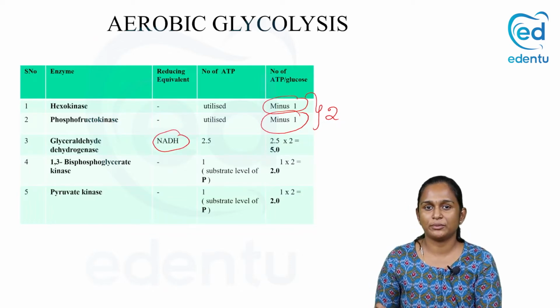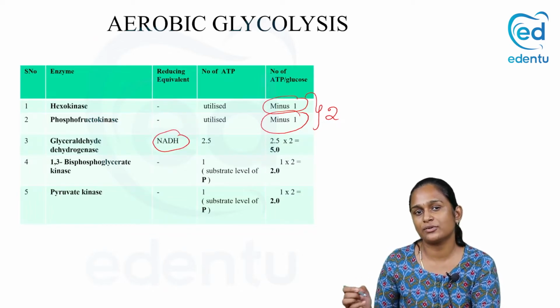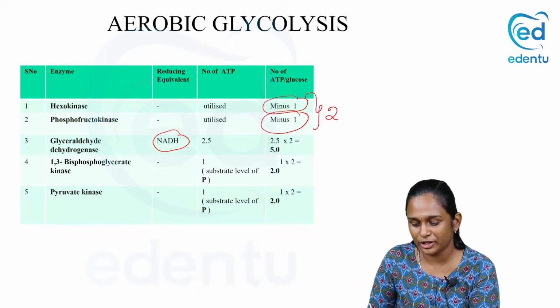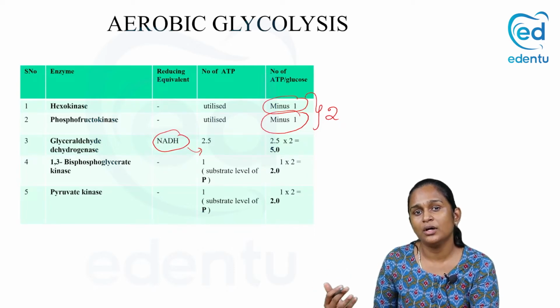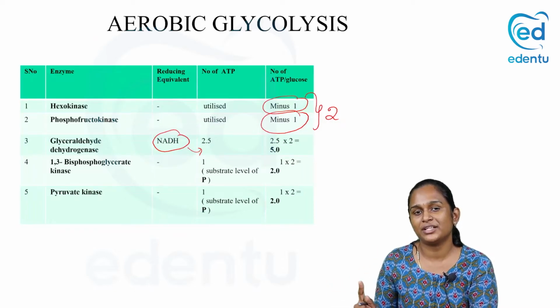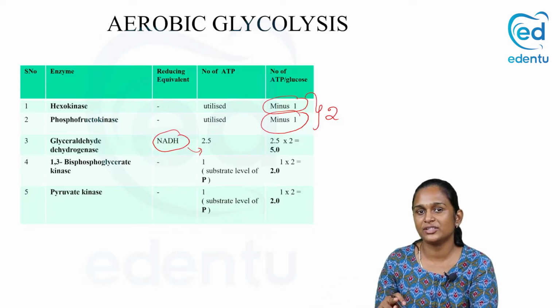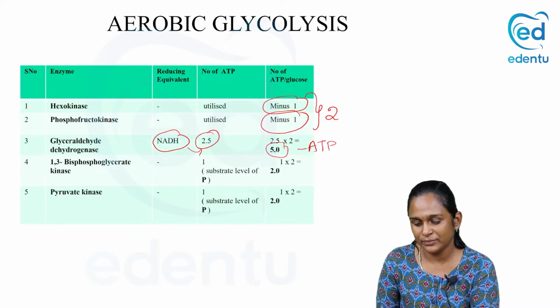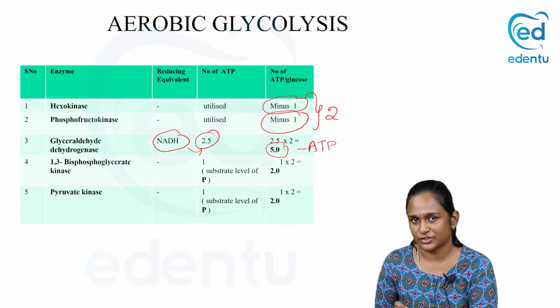Now you have to remember, when this NADH enters into the mitochondria and goes through the electron transport chain, it is going to generate 2.5 ATP. We will see in the upcoming classes how 2.5 ATP is synthesized, but as of now you have to remember, one molecule of NADH, if it enters the electron transport chain, gives 2.5 molecules of ATP. So we have synthesized 2 NADH. So 2.5 into 2, it is 5. So totally we got 5 ATP in the glyceraldehyde 3-phosphate dehydrogenase step.